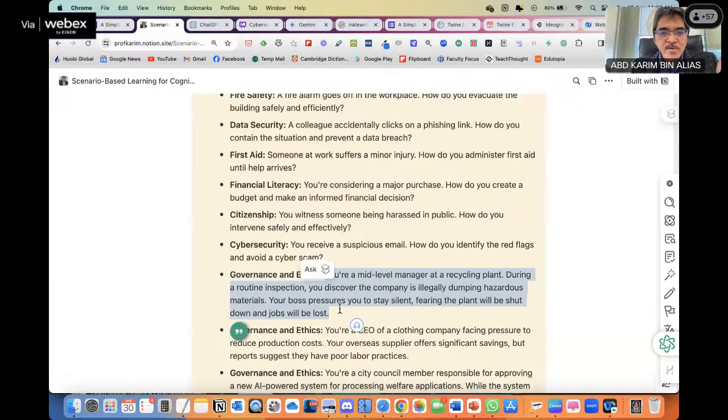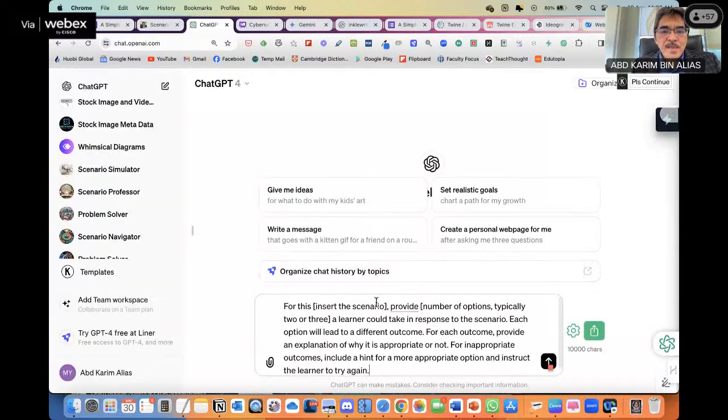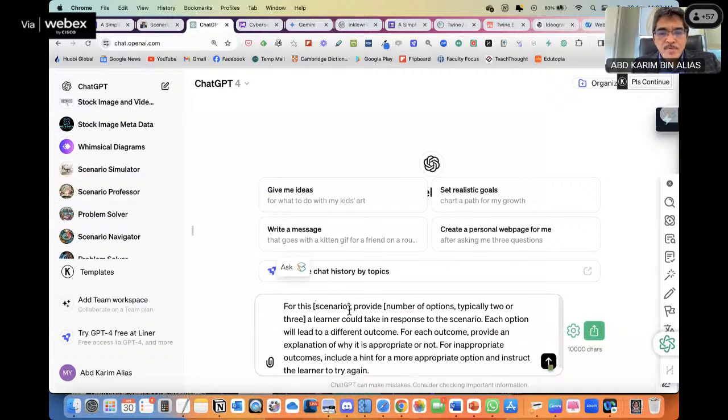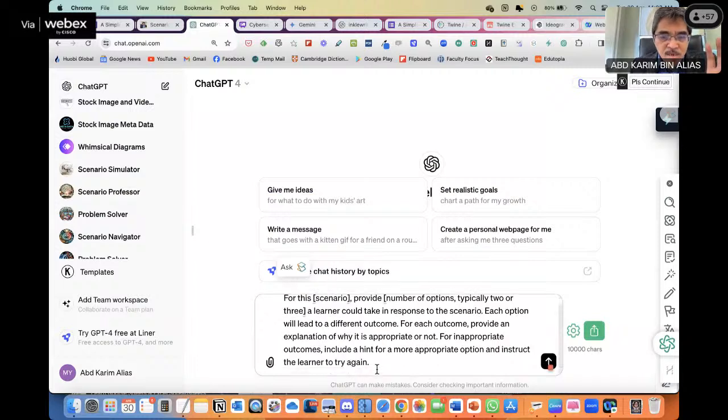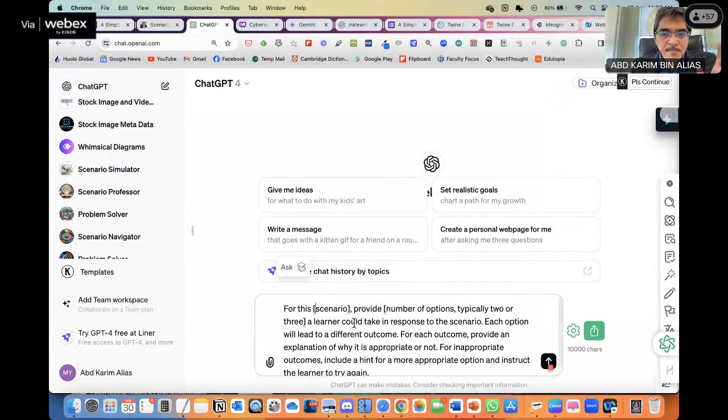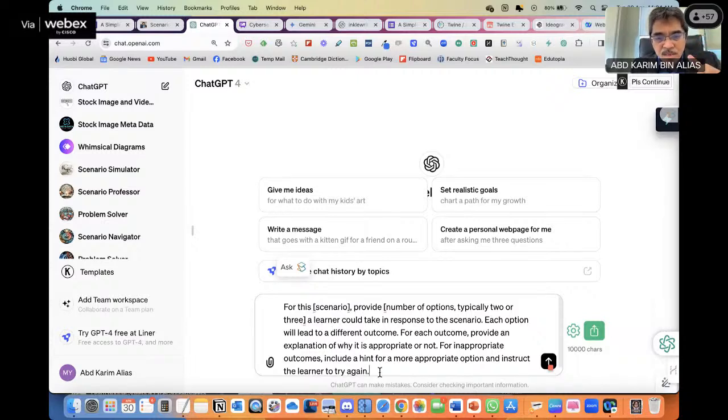So I copy the scenario, and then I say, for this scenario, so I put the scenario in the bracket. And then I put the actual scenario at the end here in the square bracket, so that ChatGPT knows that this scenario refers to the scenario below.